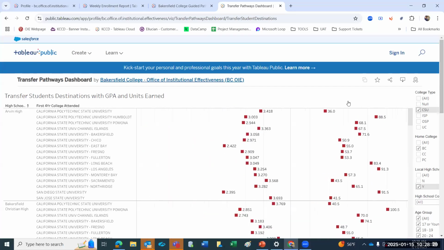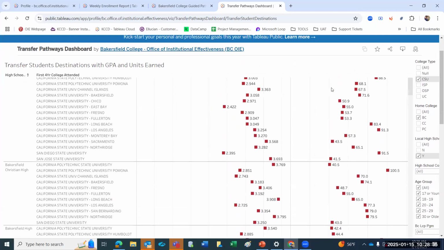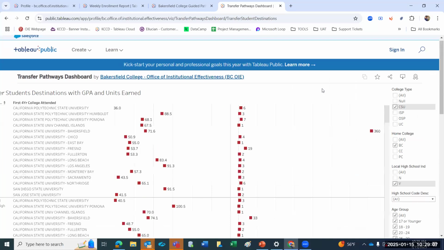But I just wanted to see if maybe there was any feedback on this dashboard, how it can be used, how you guys think this might apply to your department. I mean, it is a public dashboard, so our partners at CSUs and at UCs can take a look at it and can actually provide a lot of insight in where their students are coming from, what they need to do to make these students set up best for success. If they know so many are coming from BC and so many are coming from different local high schools and things like that. So we're really just interested in spreading awareness of this dashboard and hopefully getting some feedback to see